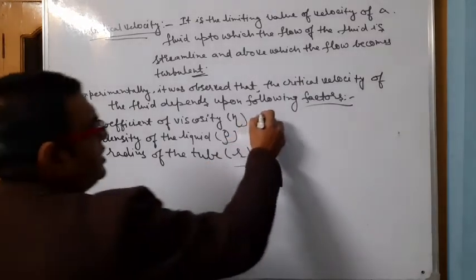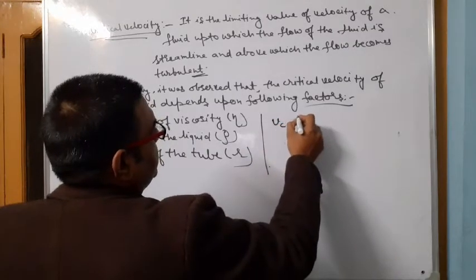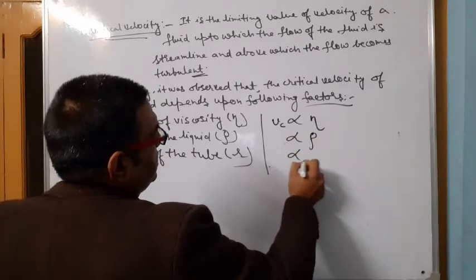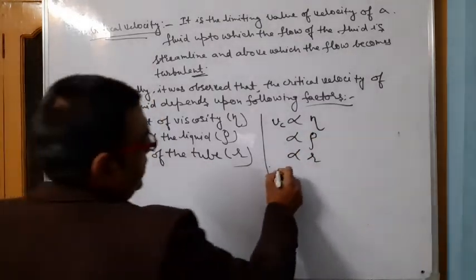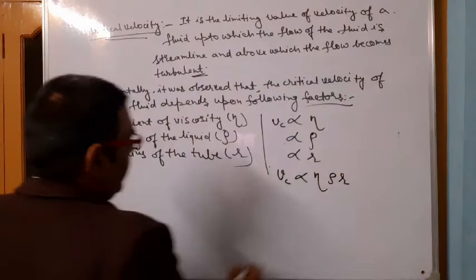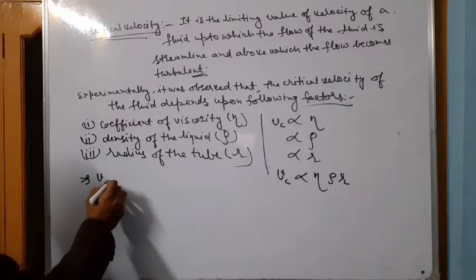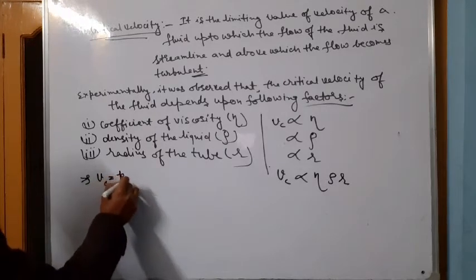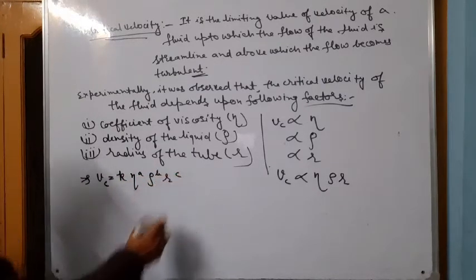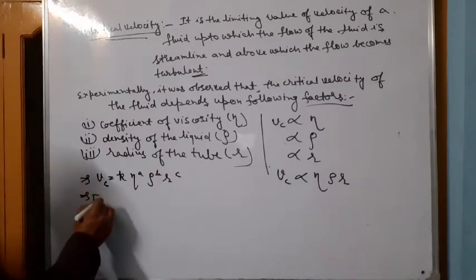So here it is given that critical velocity Vc is directly proportional to the coefficient of viscosity, directly proportional to rho, and directly proportional to r. So we can say that Vc is directly proportional to eta rho r. And from here we can say that Vc is equal to K eta^a rho^b r^c. Clear? Now dimensionally we can write it as Vc is equal to